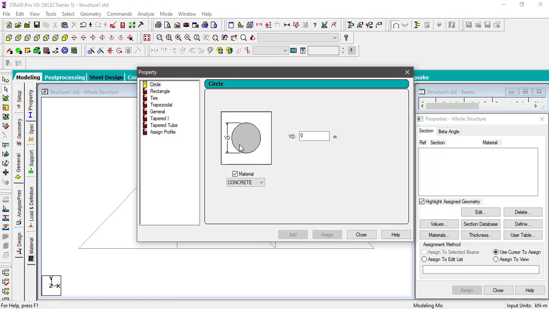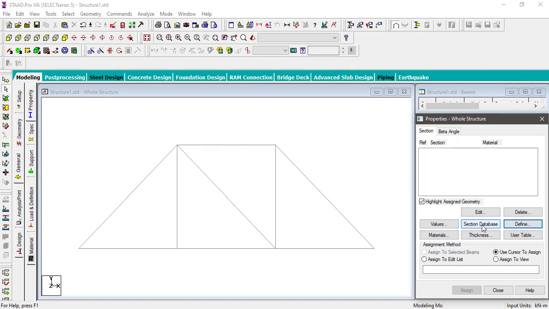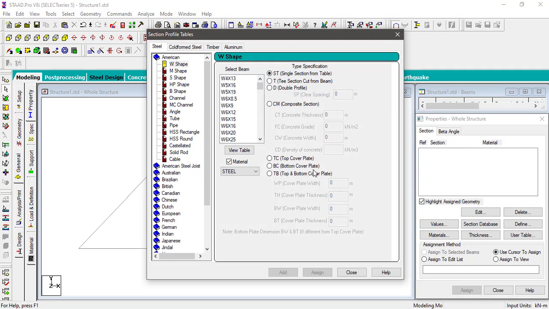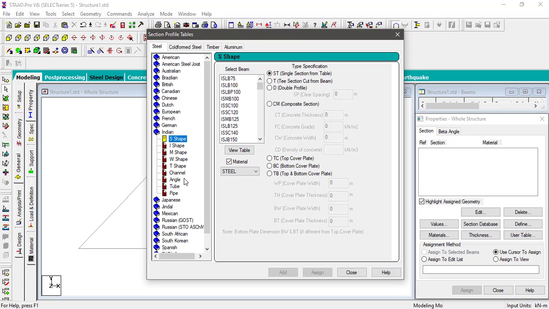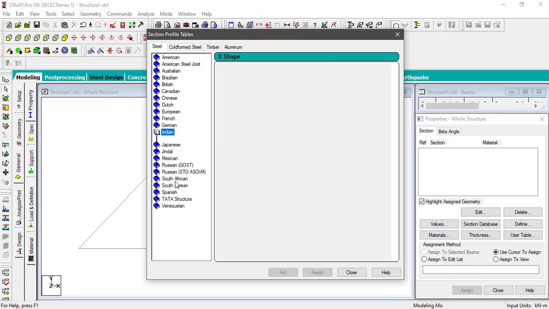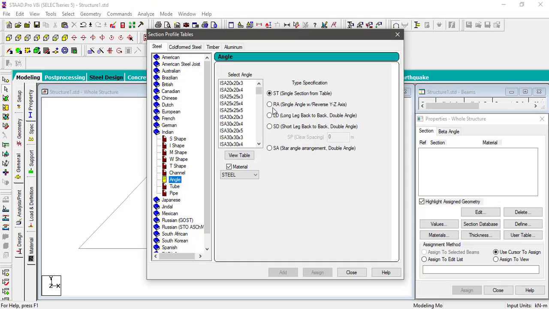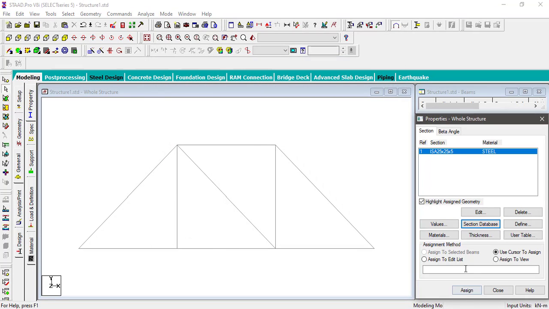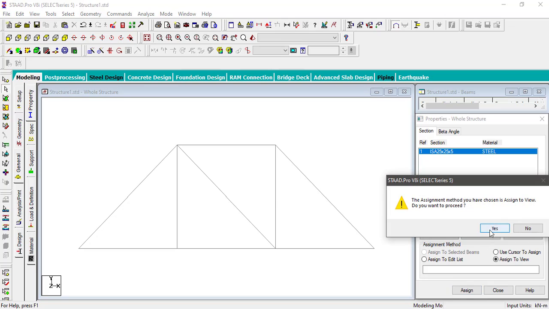You can define truss with any properties, or you can go to section database. Here you can go for say Indian, select angle, then select member properties, any one member property, and assign to view.